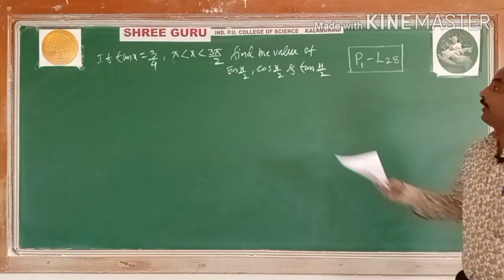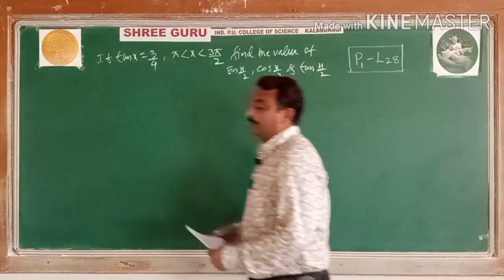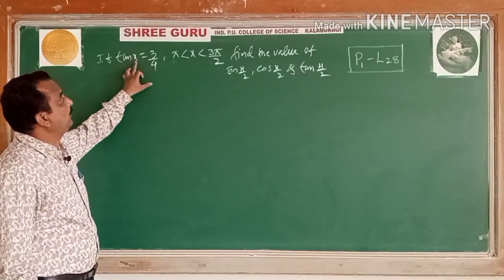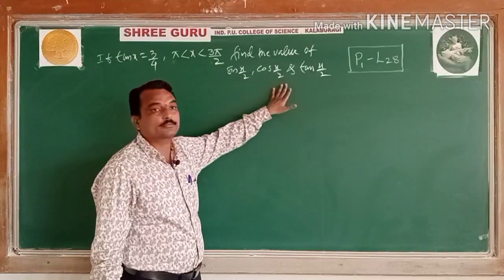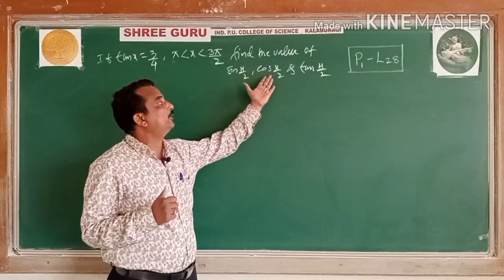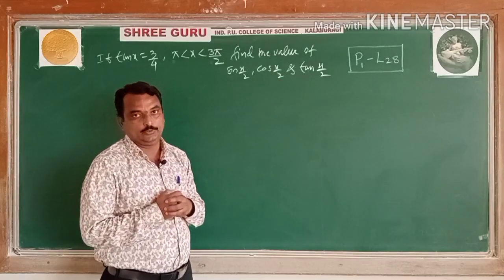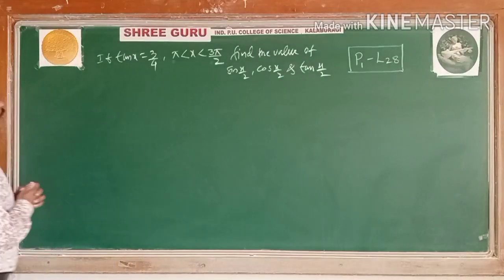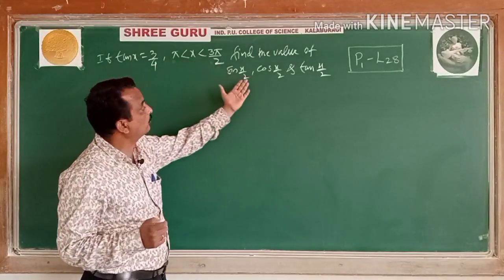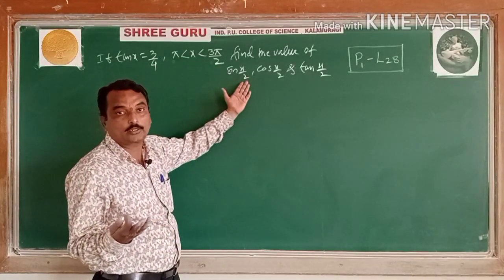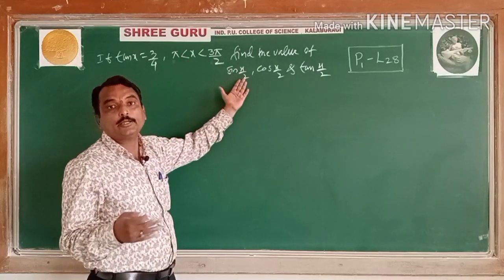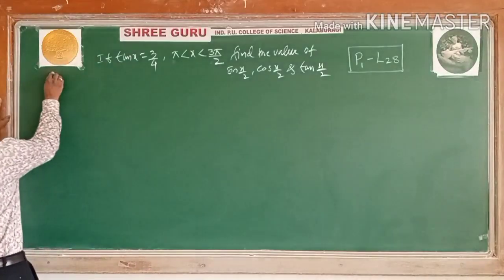Let us see, in terms of half angles he asked. He gave the whole angle, tan x, x angle given. Tan x is given 3 by 4. He asked in terms of half angles. You should convert in terms of half angles and you have to calculate sin x by 2, cos x by 2 and tan of x by 2. Now first you have to see x is in the third quadrant. You have to see x by 2 is in which quadrant? You have to see this half angle is in which quadrant? Let us see. Solution.